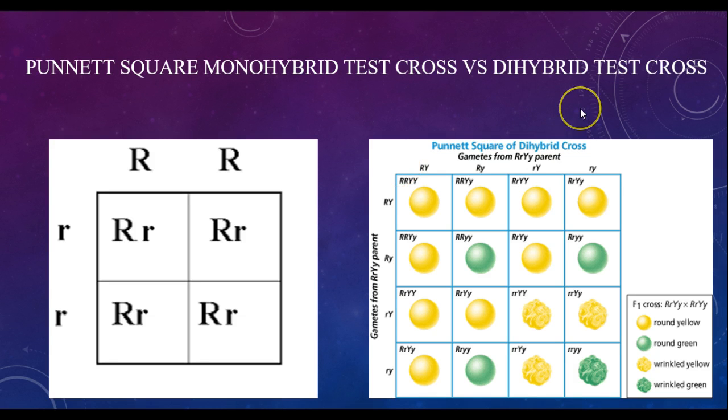and this is when we look at two genes. For example, we're looking at round yellow seeds versus green and round seeds, wrinkled yellow seeds and wrinkled green seeds. So we have two different things going on here. We have round versus wrinkled and yellow versus green. In this lesson, I will show you how to fill out a dihybrid test cross. It's a little bit different than a monohybrid Punnett square,